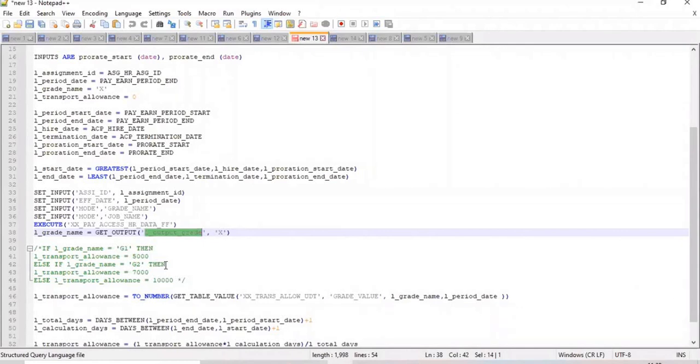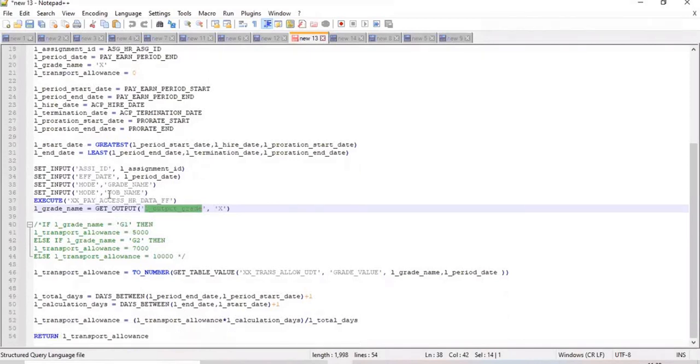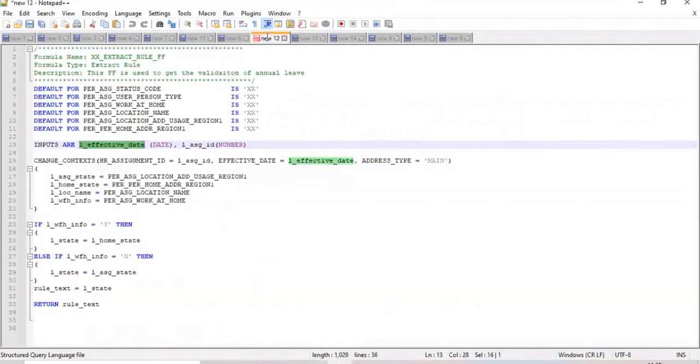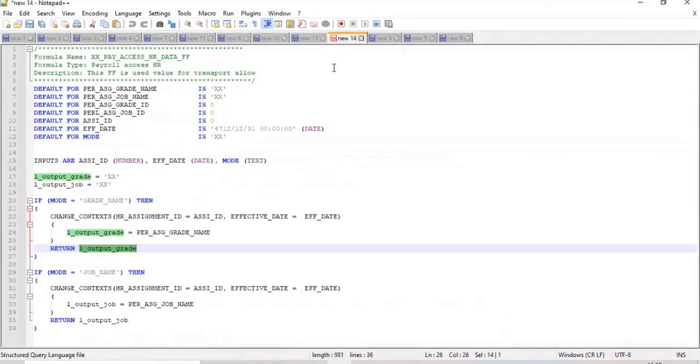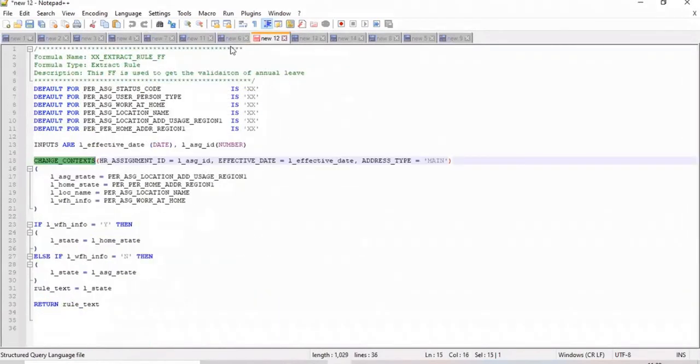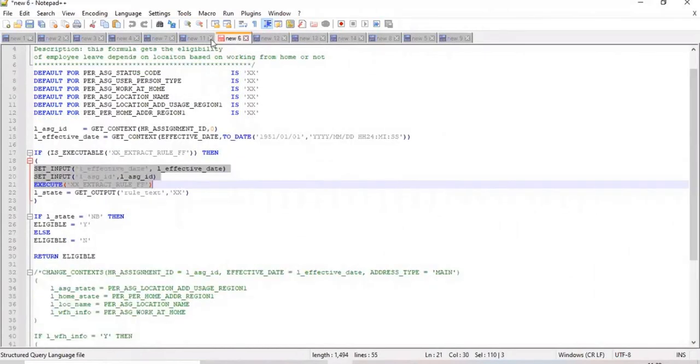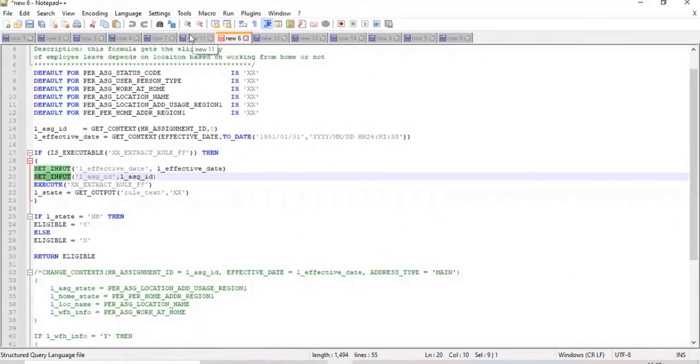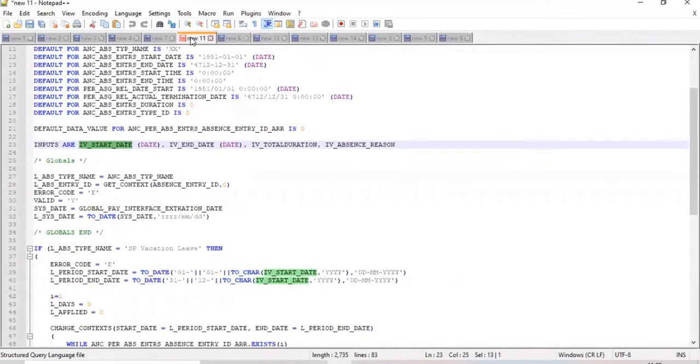And can you please explain once what get context is? Where is get context here? No, not this, in some other example. I said change context. Just set context, get context, and change context. So change context is I am changing the values into some other values. Okay. Set context, set input is there. You said set context is rarely used. You use set input now. We have change context.